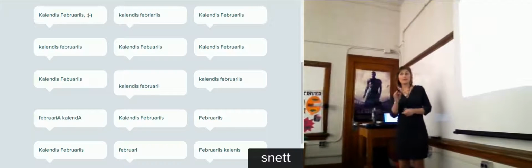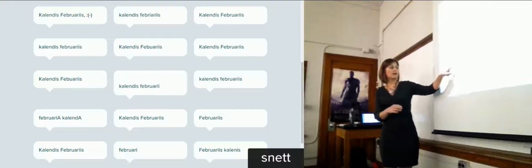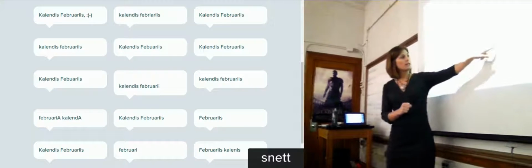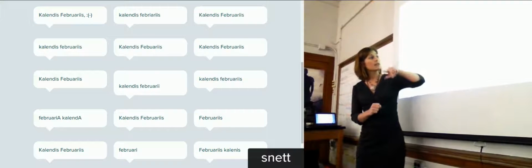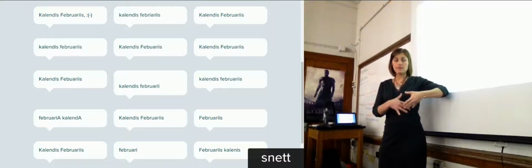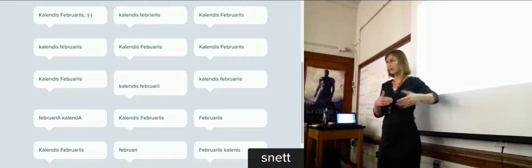Calendis, and then February also has an I as part of the stem and as part of the ablative ending. These are going to be ablative singular, so kudos for getting the ablative part, but we do want to make sure that it's a plural form. Calendis Februariis. Good. And then again, note that the day itself is the noun. So just like common Latin tradition, it's the noun and then the adjective.